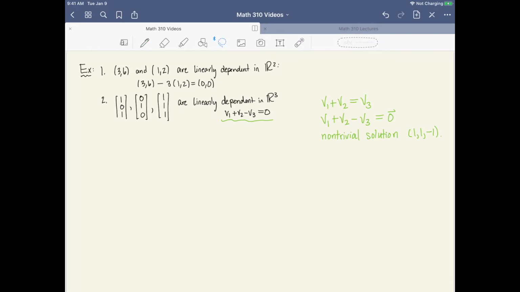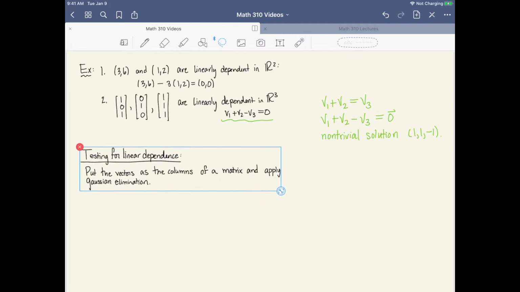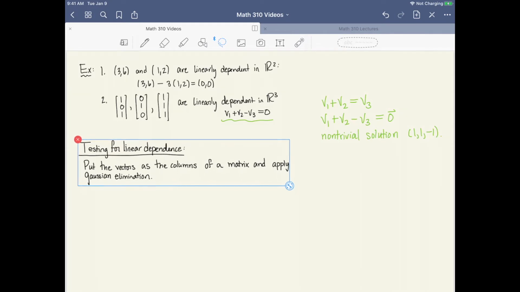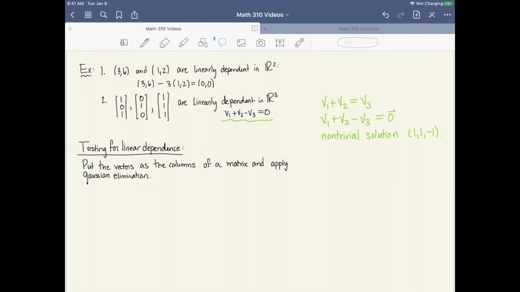When you are dealing with vectors in Rn, the test for linear dependence is to put those vectors as the columns of a matrix and apply Gaussian elimination. Now, it doesn't matter if the matrix that we produce when we do this is square or not. We can still use this